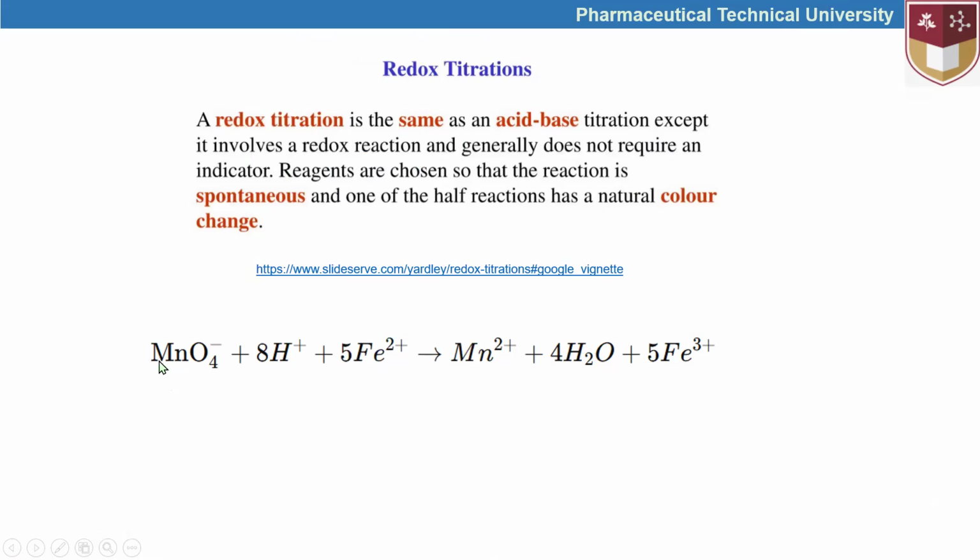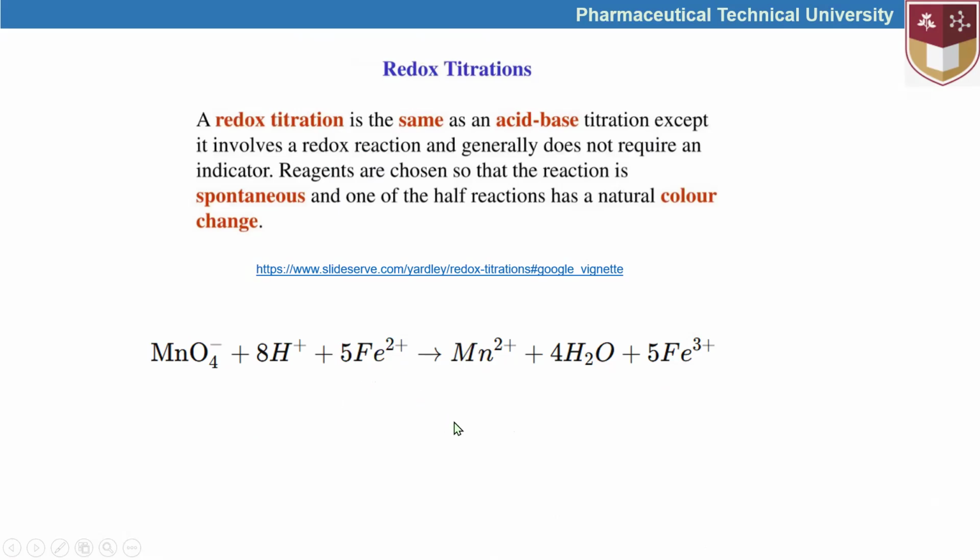So here is one example. As I said, permanganate ion plays the role of oxidizing agent, and this is a reducing agent. It is losing one electron and becoming iron +3 from iron +2, and the central atom of permanganate, with the oxidation number +7 in this condition, is gaining 5 electrons and becoming a +2 ion. So here we can see a redox in an example of permanganate ion and